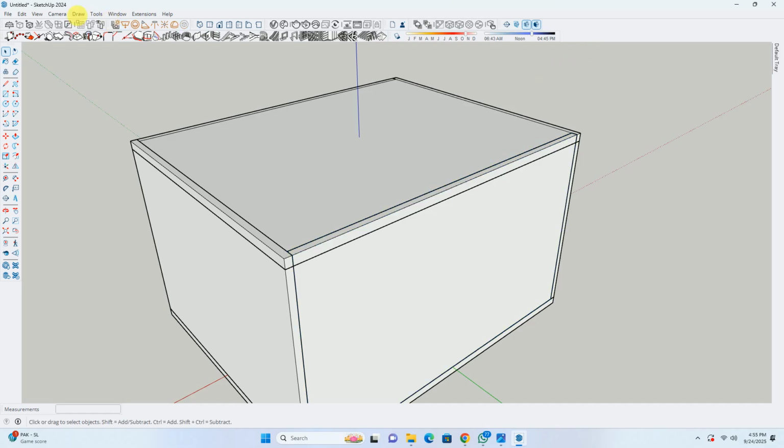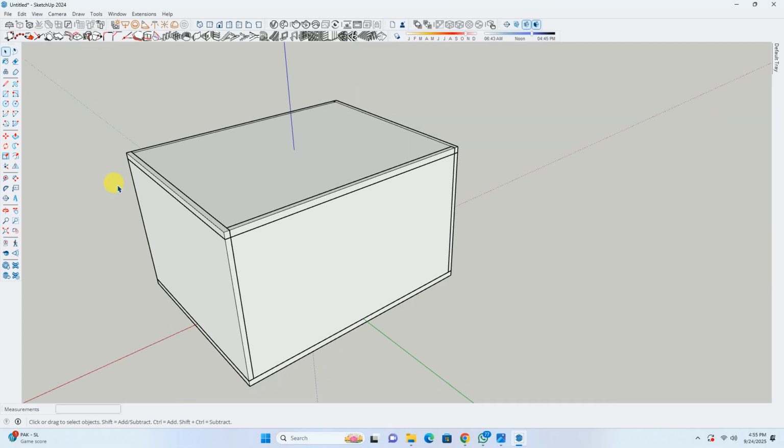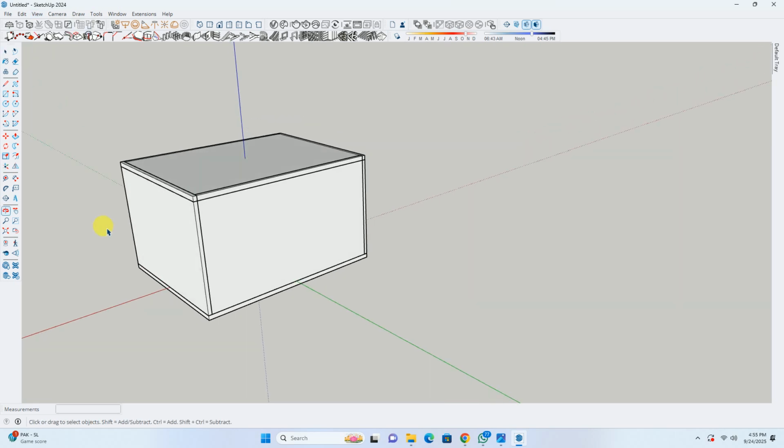For that, we can use this view tool option. We will go to the view option, then to this component edit option, and click on this hide rest of the model option. Once we have activated this tool, as you can see, there is a tick over here that means this tool is activated.